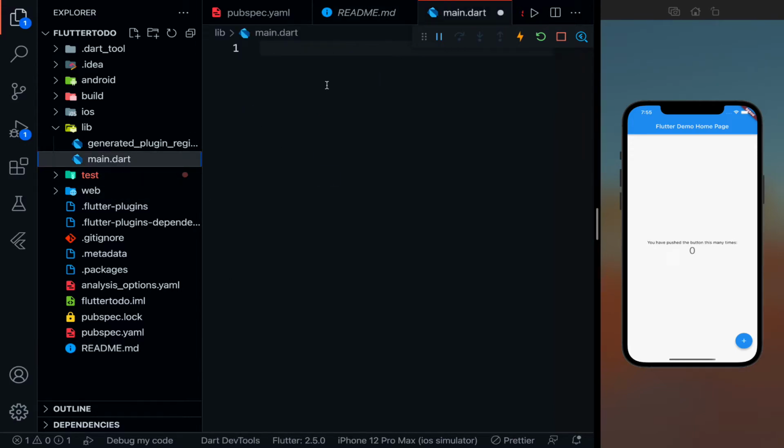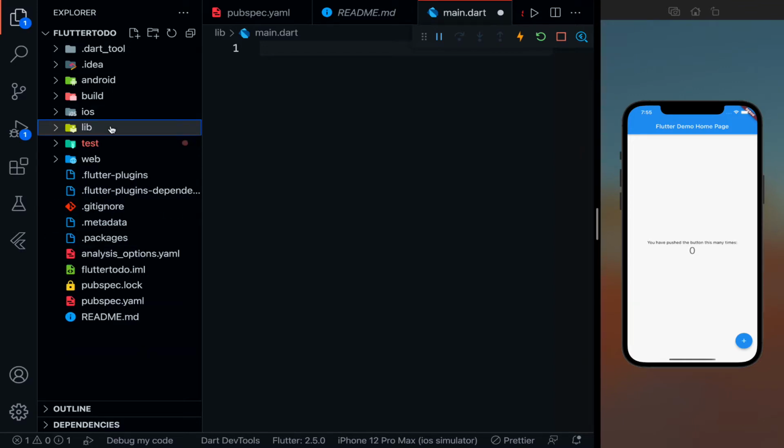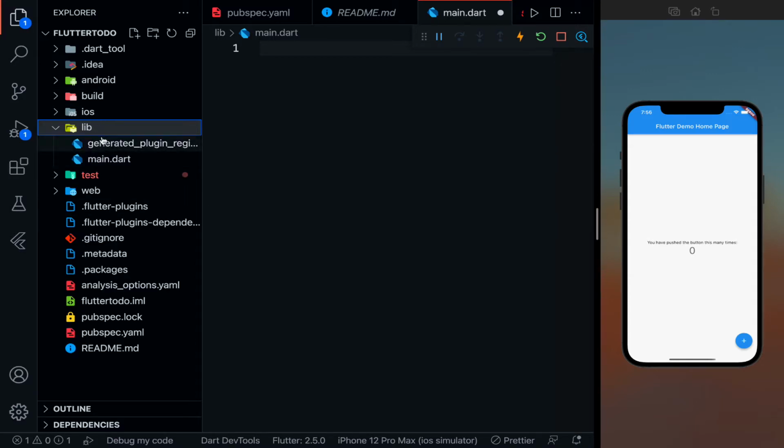Now I think we have covered this project structure, but now we need to create our own project structure inside this lib folder. Because let's say I will be working with the authentication part, the cloud functions, uploading the to-do and everything, working with the UI, the widgets, the components, all those things. We just can't put each and every file in this folder, right? We need to structure it.